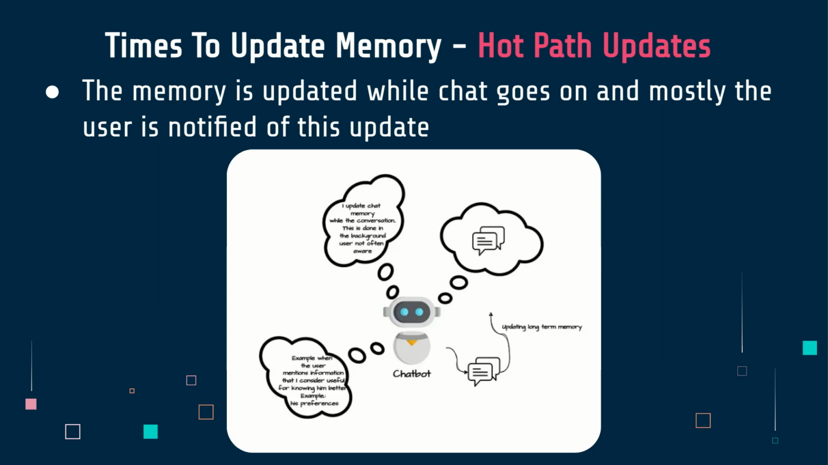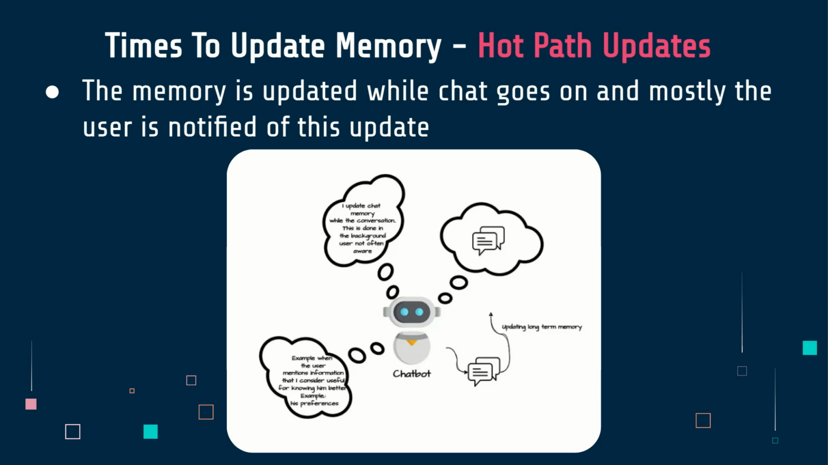So moving on, these are the points. This is where it's very important to pick when or how you update your memory. The first one is hot path updates. The memory is updated while the chat goes on, and mostly the user is notified. For example, if you're chatting with ChatGPT or Claude, you can sometimes see it saying, "Hey, updating memory" or something like that. That is a hot path update. It's basically telling you that it's updating memory. So it does that within every conversation, right? For example, you're chatting with the user and you want to store the user's preferences, like their favorite colors, and the user mentioned, "Hey, my favorite color is blue." So now you have to go ahead and update the memory. You can let the user know, that's hot path,